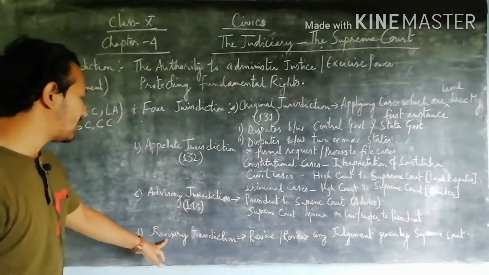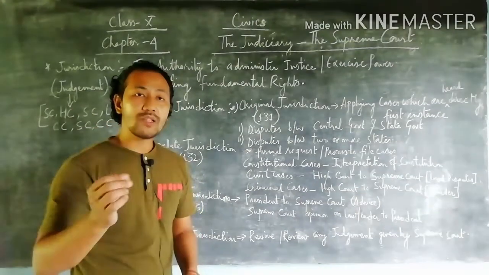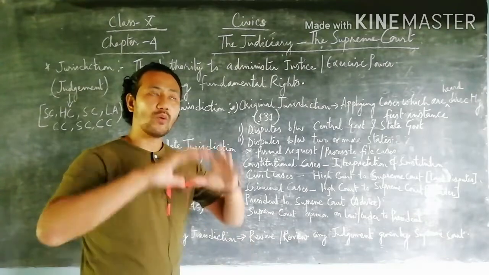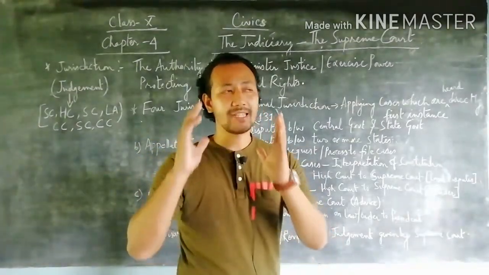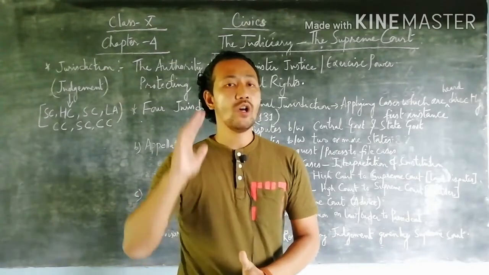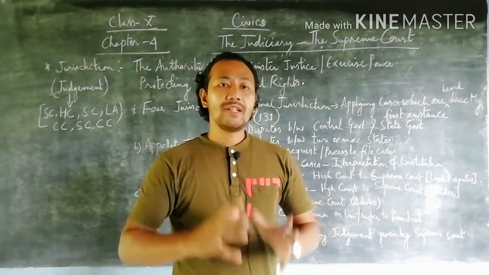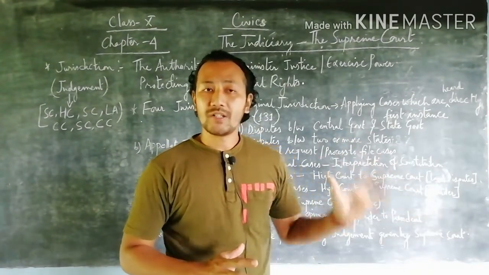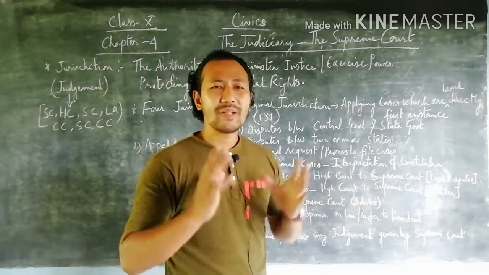Next, the last topic is known as revisory jurisdiction. Revisory jurisdiction is mainly about revising, or giving a review. Suppose a judge of the Supreme Court gives a decision on either a civil case or a criminal case. On that basis, when the President feels that the decision given on a civil case by the judge or the Chief Justice of India of the Supreme Court is wrong,